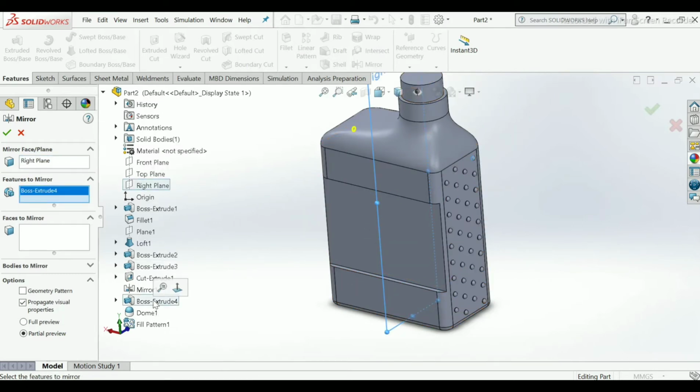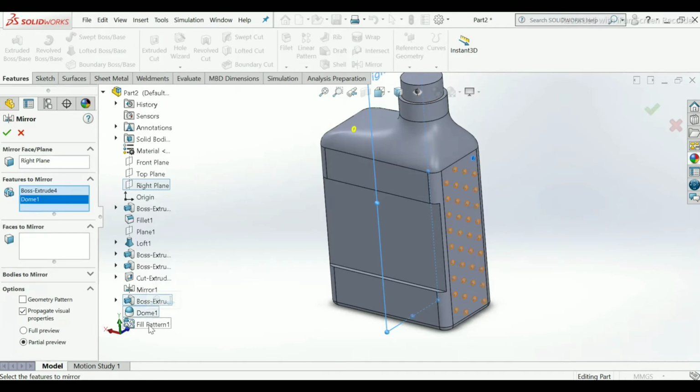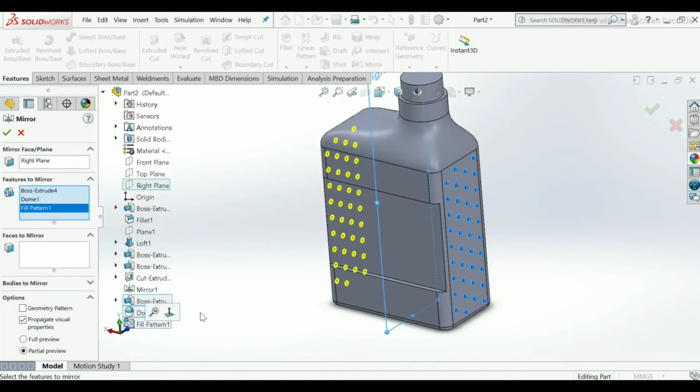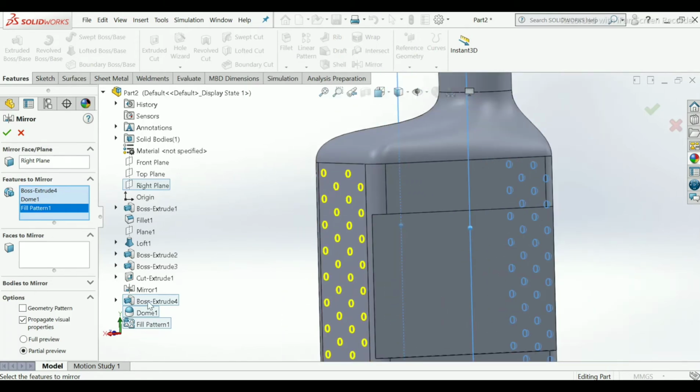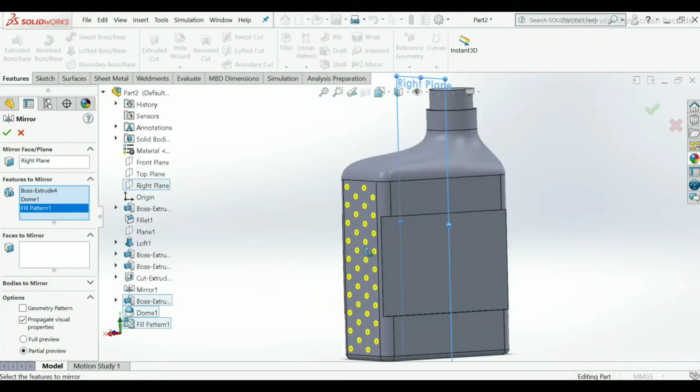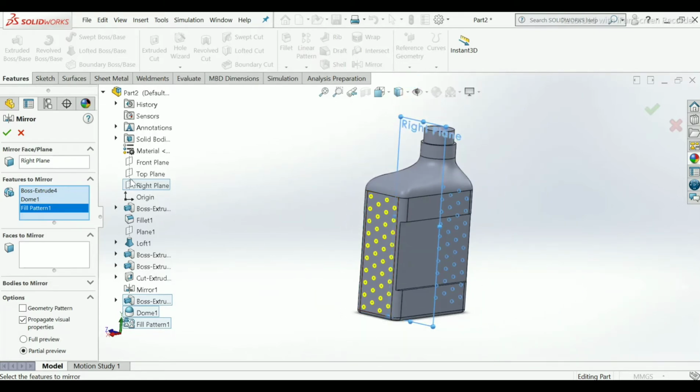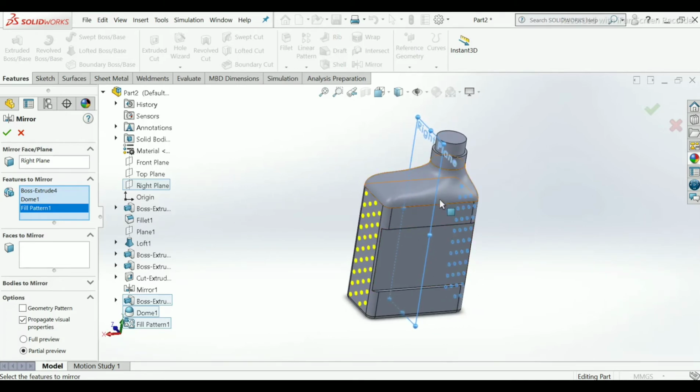select extrusion boss, dome, dome 1, then fill pattern. It selects automatically all the three things, that is boss, extrusion, dome 1 and fill pattern 1. Make sure all the three planes are perfectly aligned so that we can easily mirror it from its center distance.